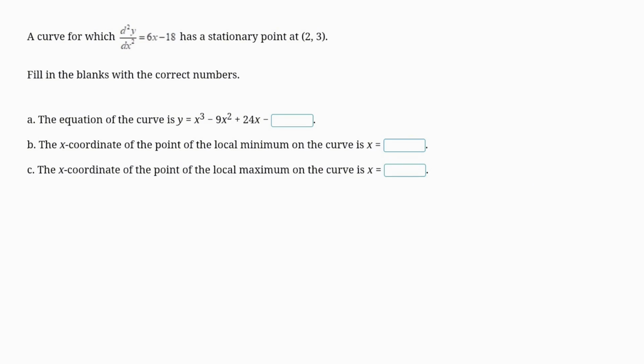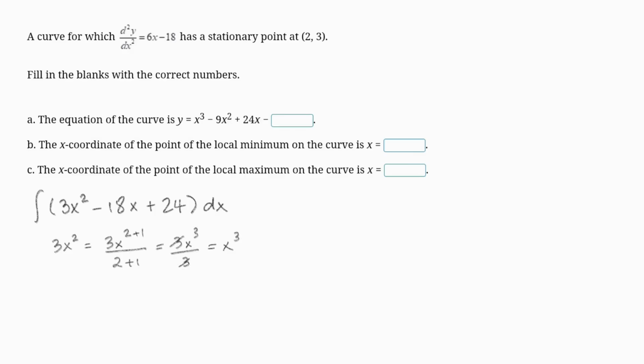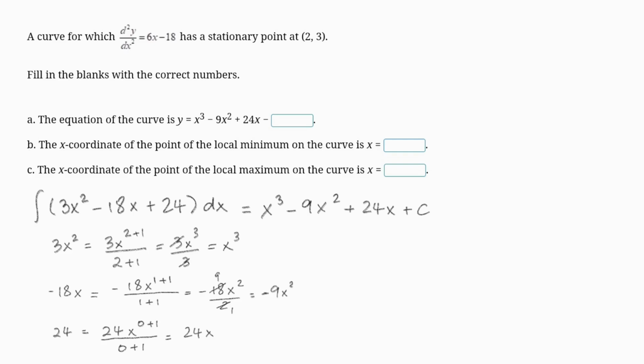Now we are ready for the second integration to find the original function y. Let's integrate the gradient function, 3x squared minus 18x plus 24 dx. The term 3x squared will become x cubed. The second term, negative 18x, will become negative 9x squared. And for the last term, 24, it will become 24x. So, the integral of 3x squared minus 18x plus 24 dx equals x cubed minus 9x squared plus 24x plus